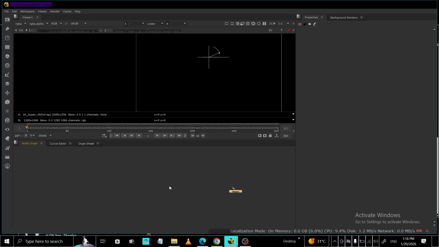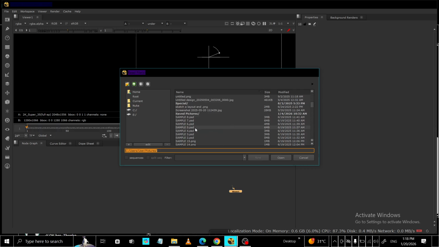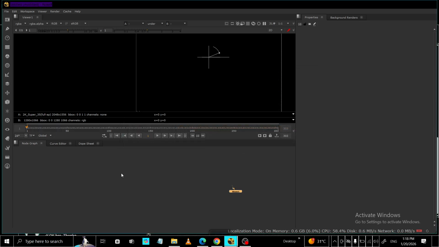In today's video, I'm going to teach you how to add and tune realistic film grain in Nuke. Grain can make digital footage feel more cohesive, hide small compression artifacts, and add a subtle filmic texture that helps different elements blend together. We'll keep this simple and focused so you can get great results quickly while understanding what